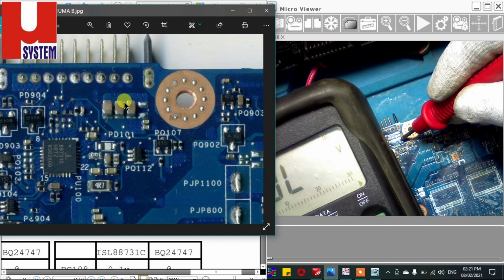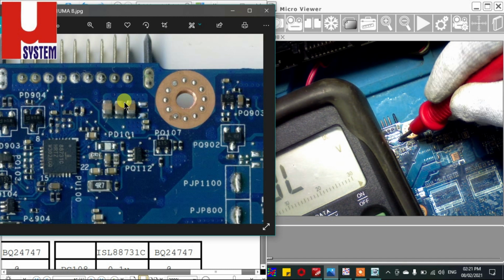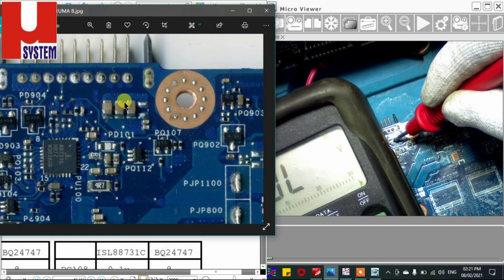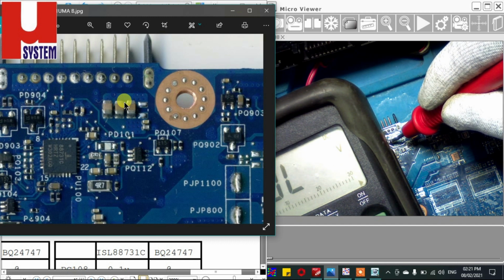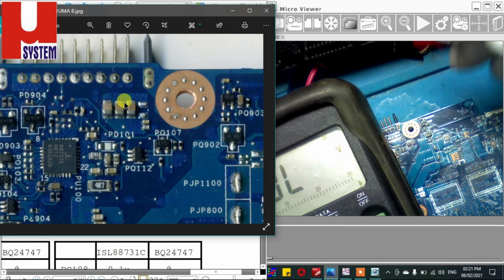On the opposite side of this ground, I am going to check. So I am not getting any type of reading. The shorting reading is not there. Another point, no, and another point, no. So it means that one of the PF is short, or all the 4 PF are getting short. So we'll check with the PF.